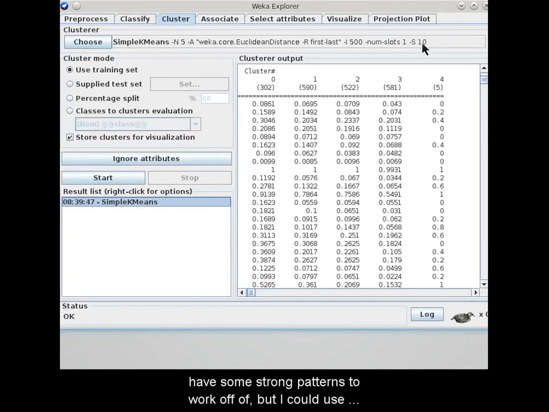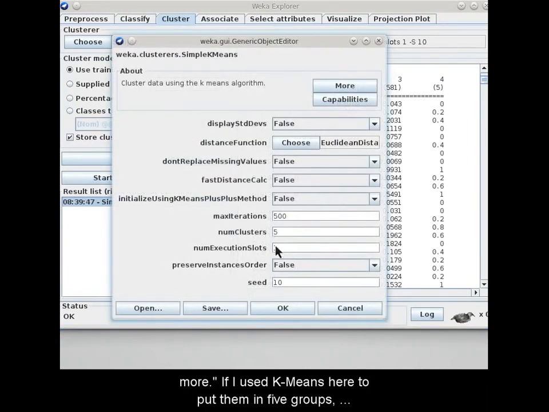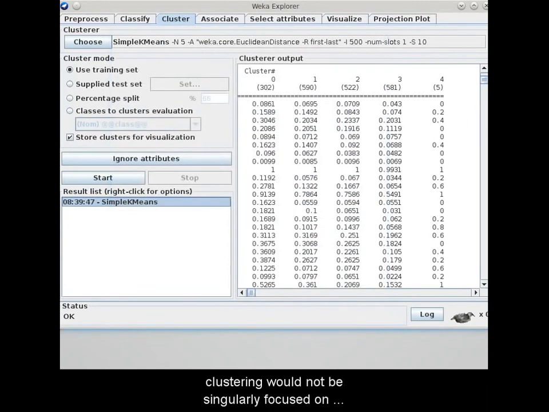I use k-means here to put them in 5 groups. Clustering would not be singularly focused on learning how other attributes relate to the class attribute. And by grouping it the way it does, it's going to find different patterns. You have to label these 5 pattern-based groups. In the process, you may find a strong pattern to design better input data for learning classifiers, so also give clustering a shot. This 5-section tutorial showed some of Weka's many classifiers and pre-processing tools for text classification and certainly